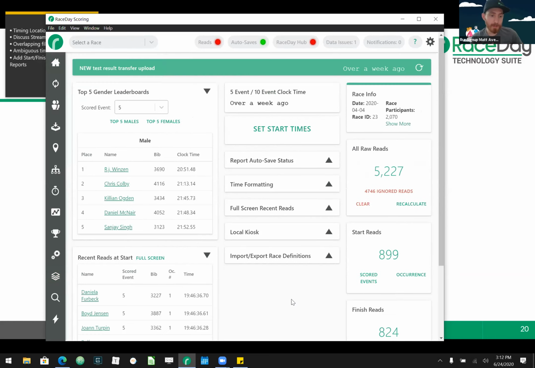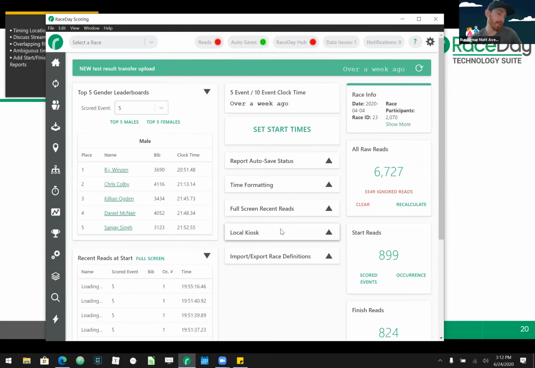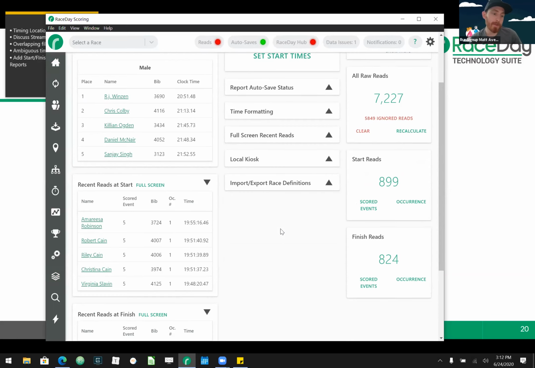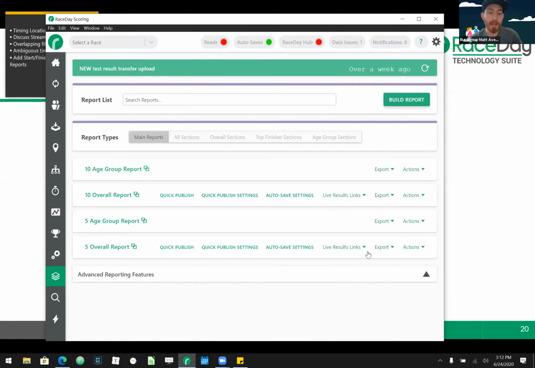Let's see if this will work. I'm not positive if this does work, so I apologize. This is just an old race I had on here, so we'll see. It looks like I had some autosaves already running for this race, so it may not be the best example, but